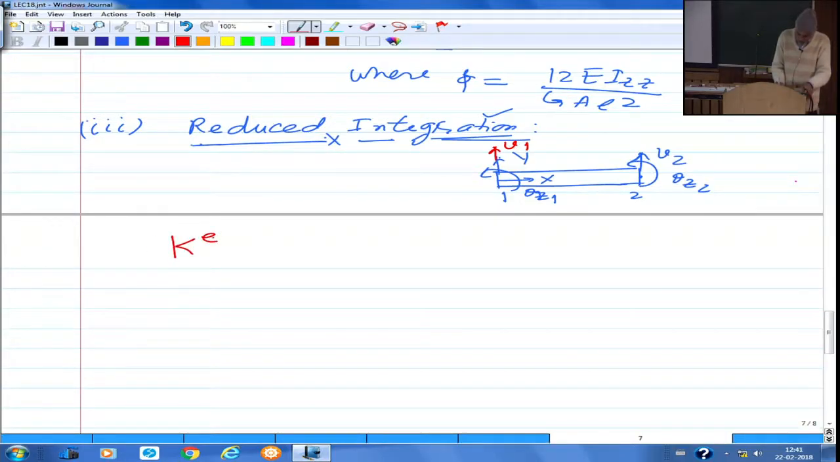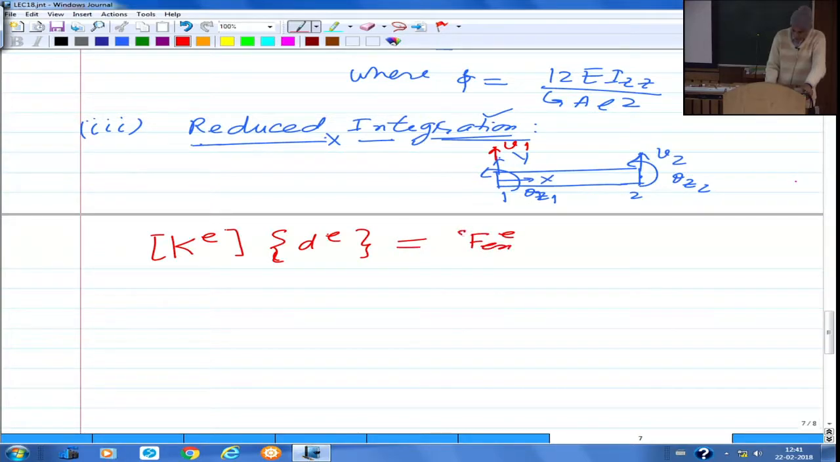So the element level governing equation, in a standard approach with linear approximation for v and theta z, would be Ke dE is equal to f external for the element plus f internal. So this is the same standard form. In this, we see Ke, the element level stiffness matrix, is the integration from 0 to L,